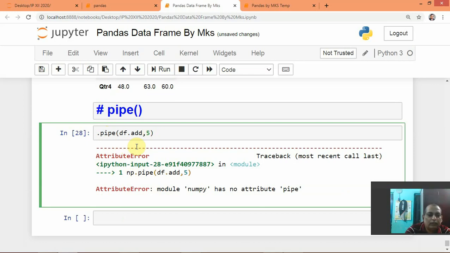It will be like df dot pipe, because the pipe function belongs to the data frame, and here we are using np dot add. So np dot add will work as an adder to add a value to each element.